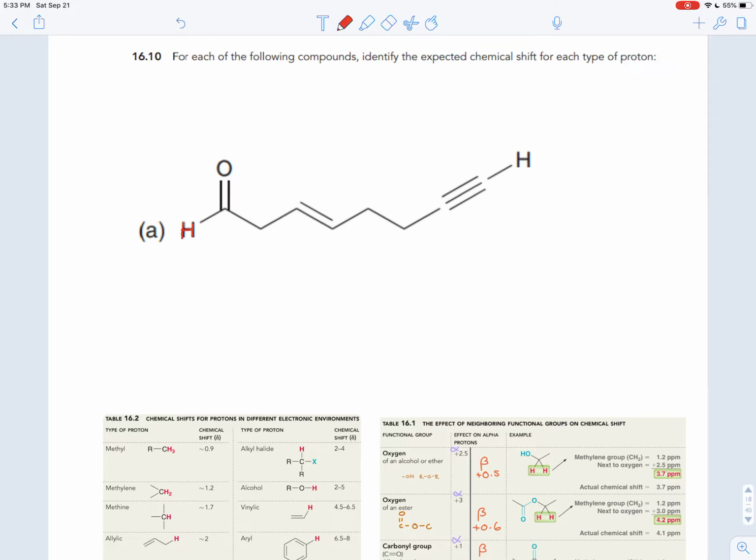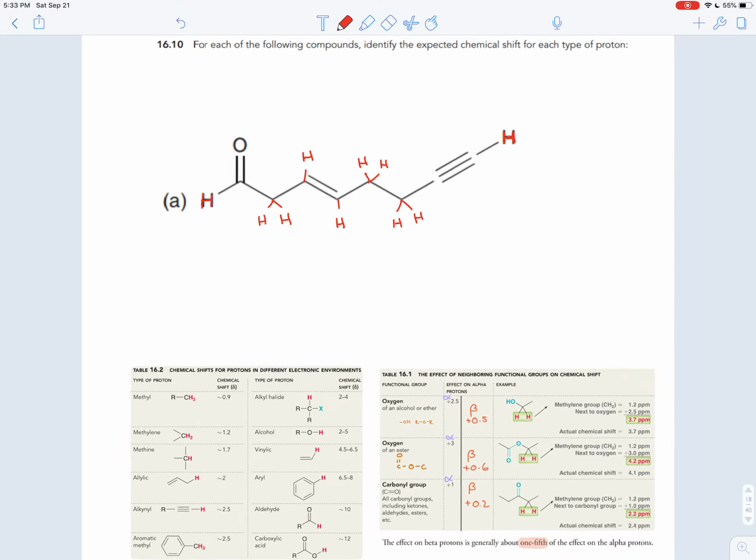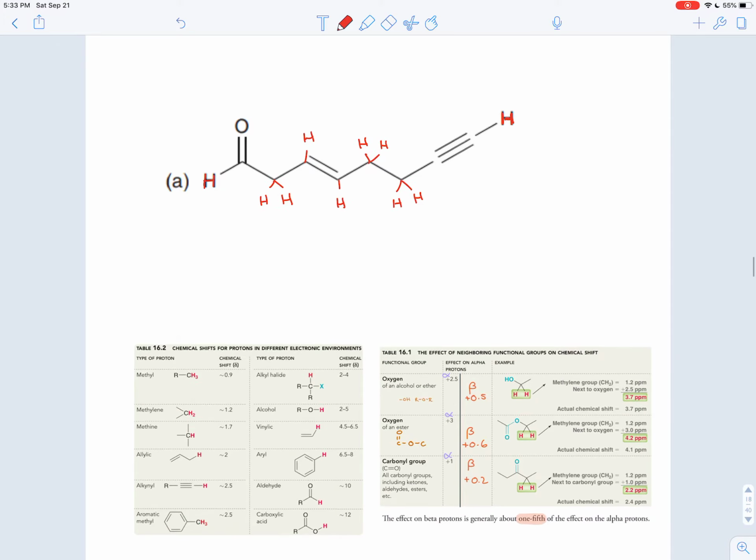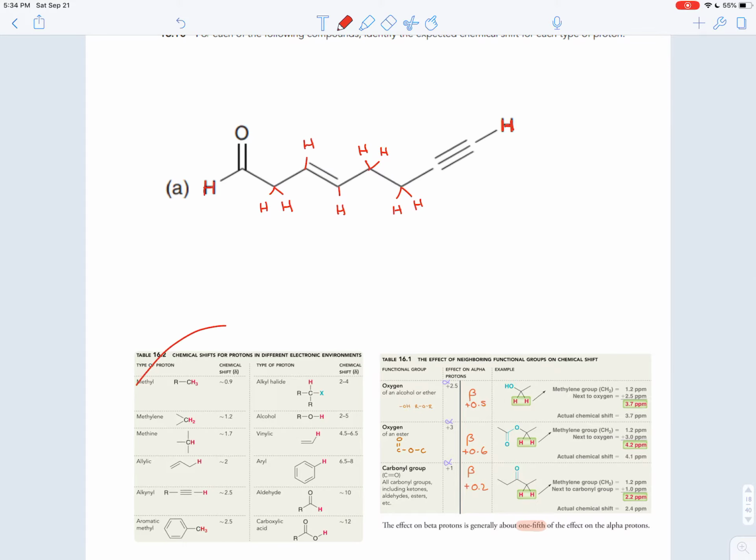So first, let's draw all the hydrogens in. Let's see how many hydrogens there are and what types of hydrogens there are in this molecule. These are all of the hydrogens in red. We'll want to go through a similar procedure as we did for the previous problem, 16.7. We want to find general areas where we're likely to find certain features. Once we have those down for each hydrogen in a unique electronic environment, we will change it based on electronegative